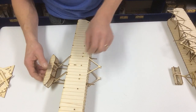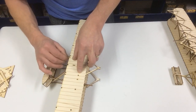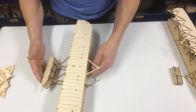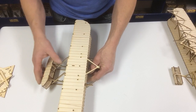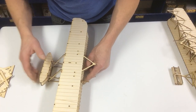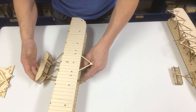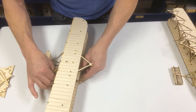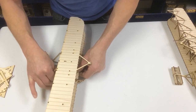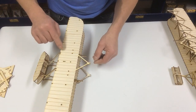Alright, and we're down, making sure these guys are aligned. Our front pieces are aligned. We're going to slip it forward, and lock it in. Where that side went. Press it down, and there it goes. Okay, a little drop of glue on the top,